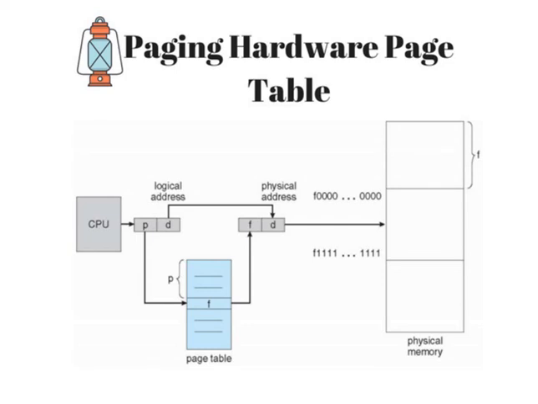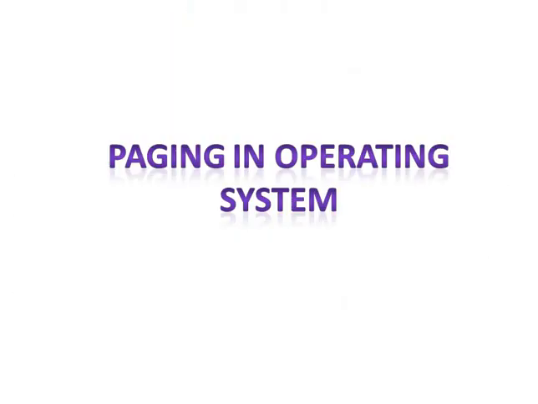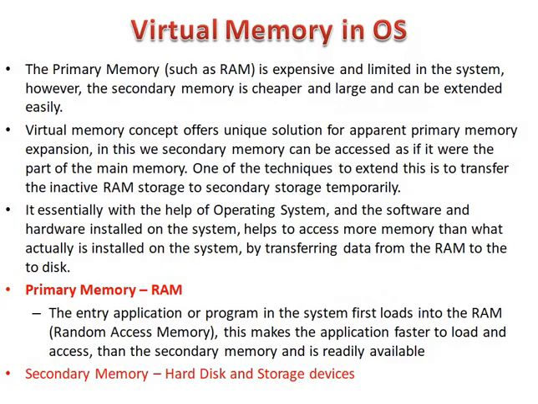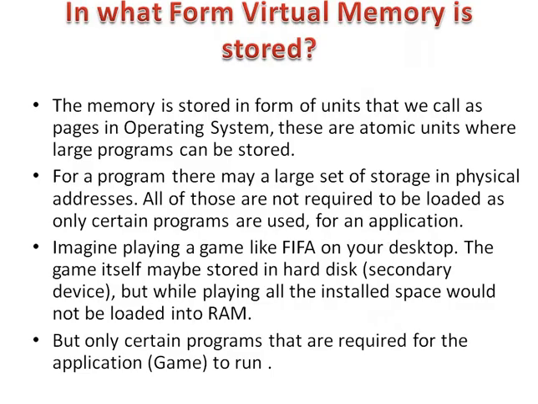the page table. The physical memory address of every page of that particular book, consider the example of a book, is available in the page table, and the base address present in the page table is combined with the page offset to define the physical memory address, which is then sent to the memory unit. This is the paging hardware.